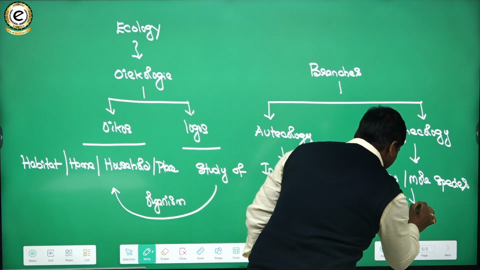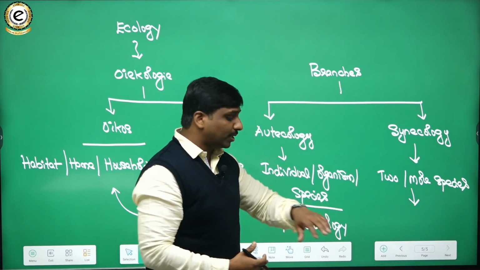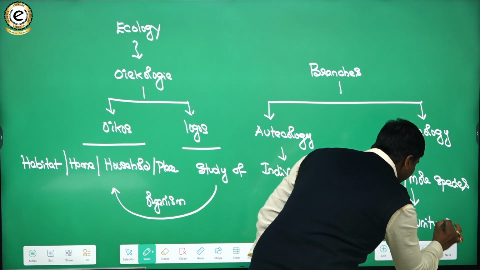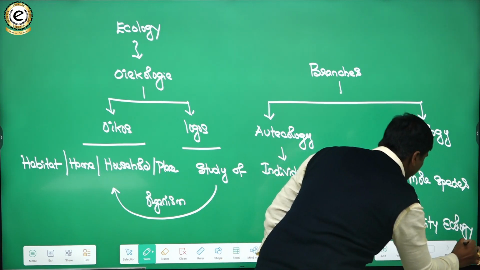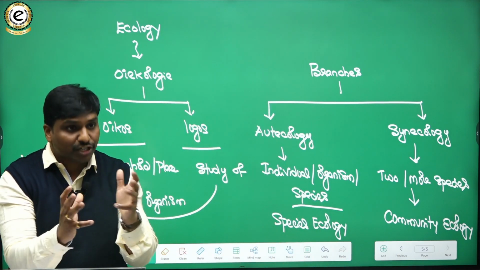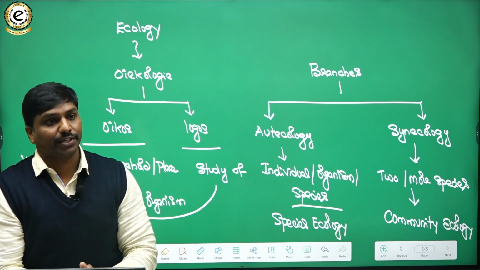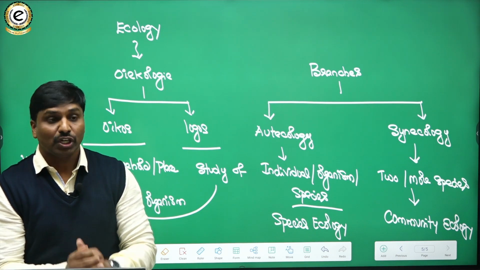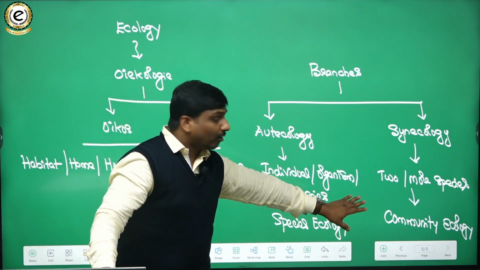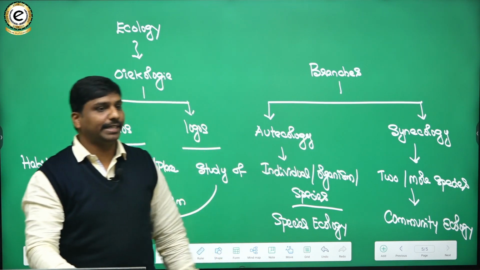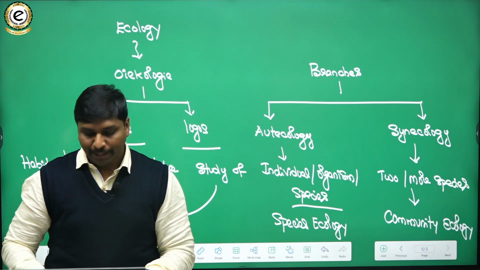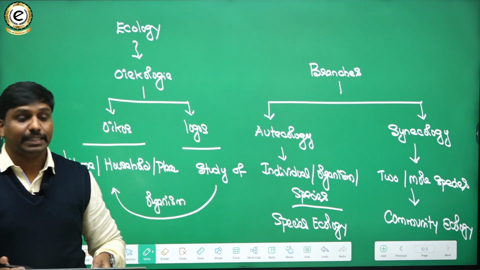And as we are trying to study about two or more species, it is also known as community ecology. A community is an assemblage of various populations: tiger population, elephant population, deer population, likewise. So a biotic community is that thing. In community ecology, we'll study about a biotic community and the various interactions that are happening in it. So this is basically with respect to the branches.